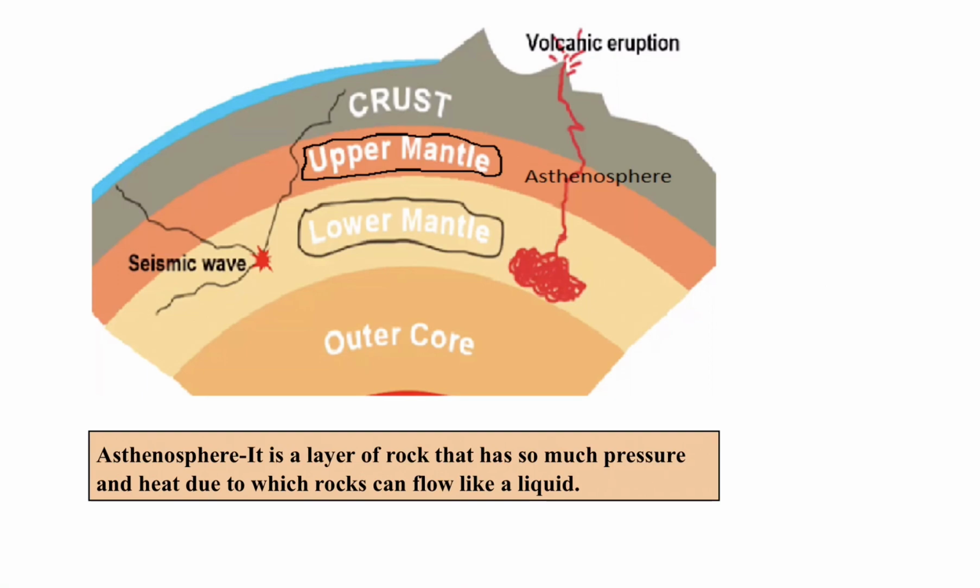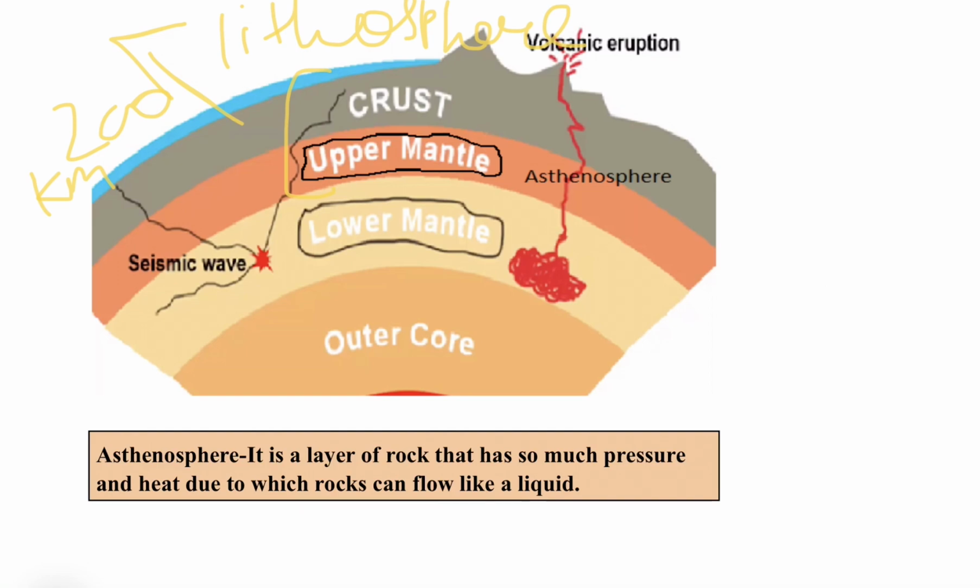And one more thing to be noted here, that this upper mantle and crust together, these two, are also called the lithosphere, and the thickness of this lithosphere is 200 किलोमीटर. एक तो अपर मेंटल को एस्थेनोस्फेयर कहते हैं. सेकेंड थिंग, अपर मेंटल और क्रस्ट, इन दोनों को मिला के क्या कहते हैं? लिथोस्फेयर. This is also one of the domains of the earth surface.